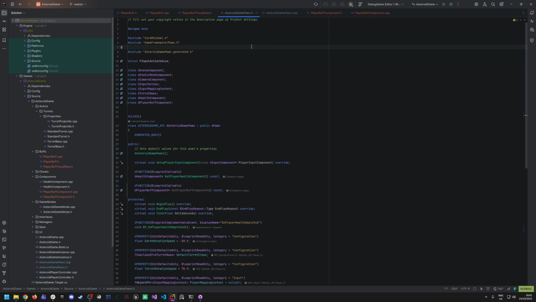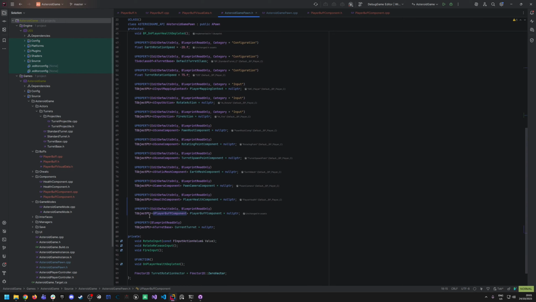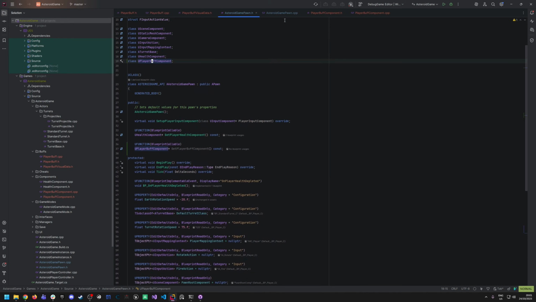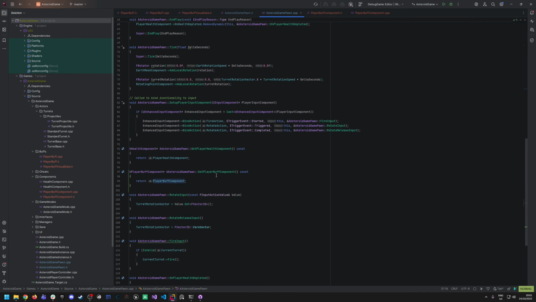This is not gonna be something new for you because we did a very similar thing with player health component. So here I have a forward declaration for player buff component, a public getter function for this, and a TObjectPtr for this as well. Inside the CPP file I create the player buff component using CreateDefaultSubobject, and then I simply return it inside